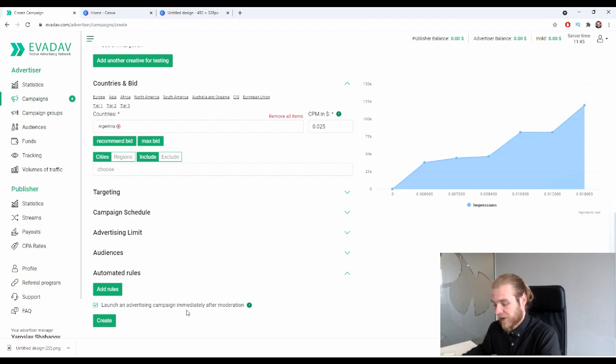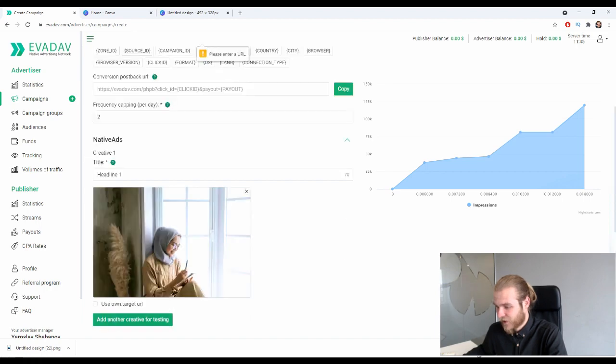Launch an advertising campaign immediately after moderation. So after it gets approved by the managers of Evadav, do you want it to launch immediately? Then make sure that this box is checked. If you want to launch it manually and not have it launched automatically as soon as it gets approved, then deselect this box to make sure that your campaign is paused after approval. And once we've done that, we can